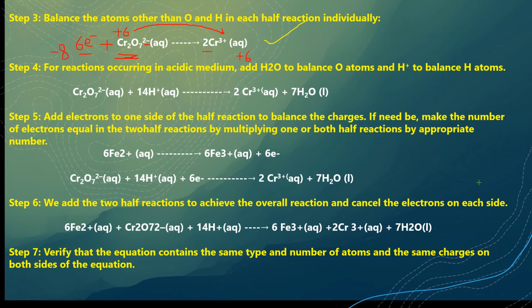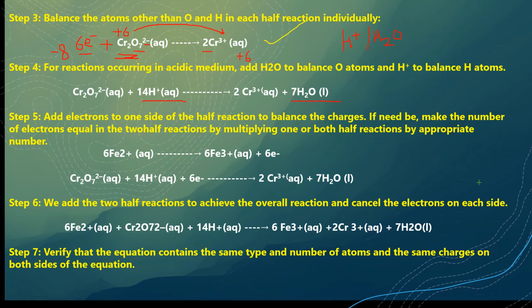and it is acidic medium. So I will be having the choice of H plus and water. Now there are two possibilities. I can balance it by taking care of charges on both the sides, or I can balance it on the basis of oxygens. There are 7 oxygens here. So if I introduce 7 H2O on the right hand side, I have introduced 7 oxygens here also, and 7 into 2, 14 hydrogens. So on the left hand side, I will write 14 H plus because it is acidic medium.